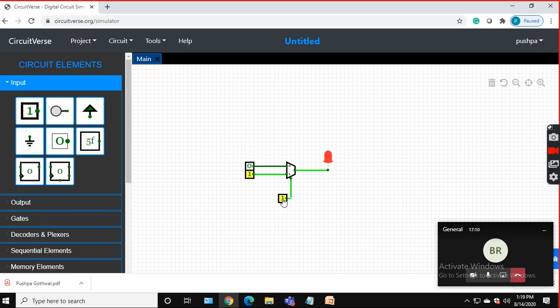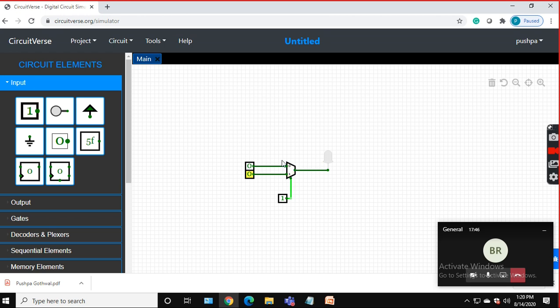So you can understand, see here my input is 0, my selector line is 0. It means which input will be selected? This will be selected. So this is 0, so this 0 is passed here as it is. But if I put 1, see this 1 is passed here as it is. So if the selector line is 0, the first input is selected and passed to the output as it is. Now if my selector line is 1, you can see my second input, which is 1, is passed here as it is. If it is 0, it will pass here as it is.